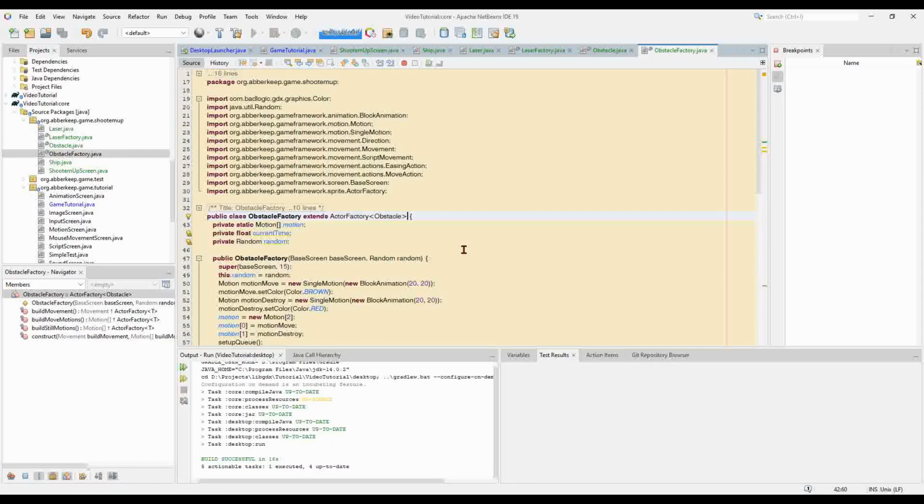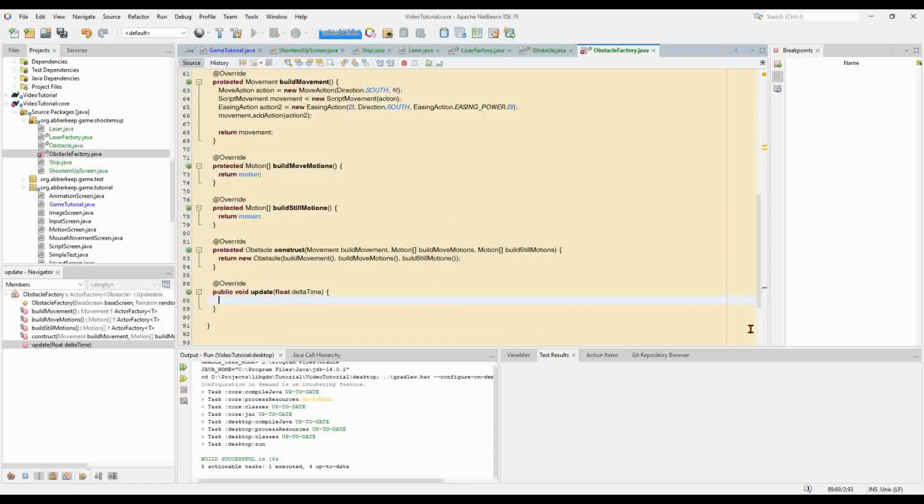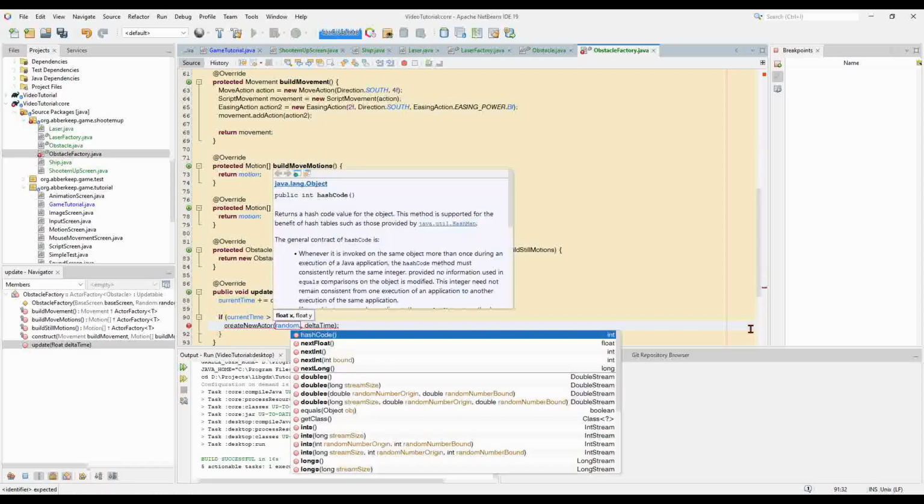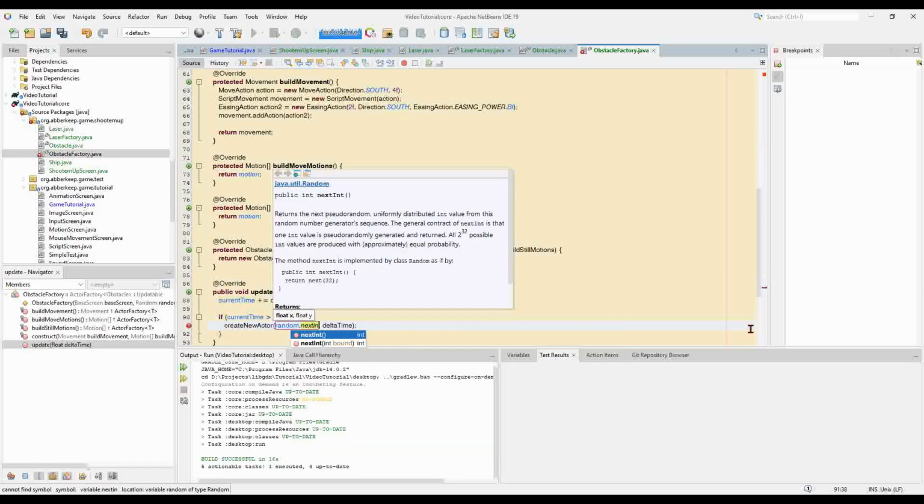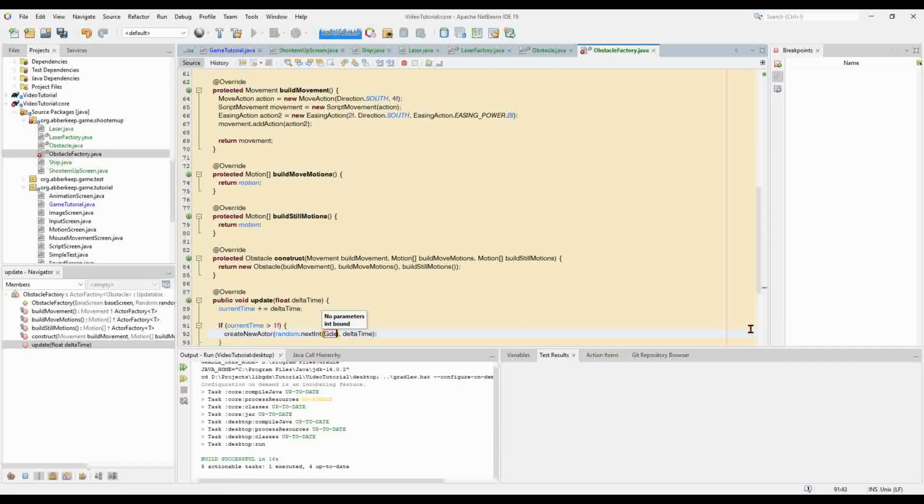One thing we need to do to get our obstacles to appear on the screen, we need to implement the updatable. This is our update method. What we're going to do is add the delta time to the current time. And if our current time is greater than 1 second, we're going to create an obstacle. We're going to use our random. We're going to get the next int and our bound